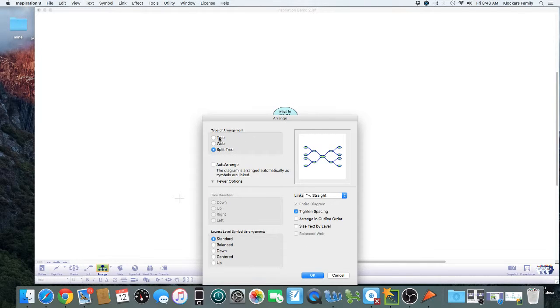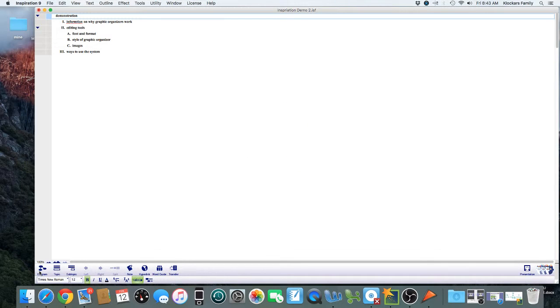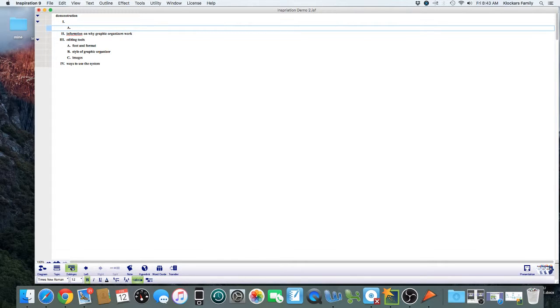But I like the tree option, perhaps, because I like a more linear fashion. So let me press OK, and boom, it changes it to that. Now, if I press the outline, which is your Roman numeral for 1 and the capital A, it will bring up an alternative view of the outline view. And by selecting your topic or subtopic, it will open up a new line of outlining issues.